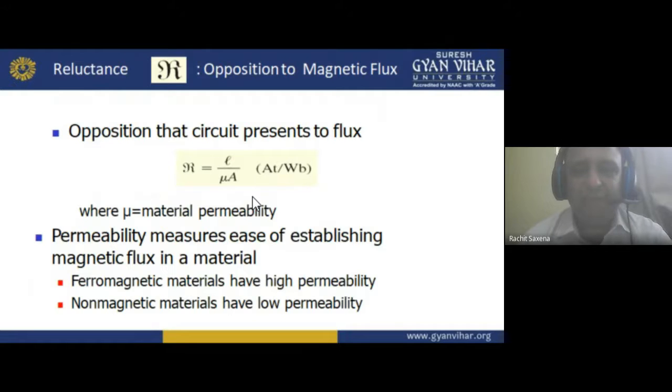Reluctance is a main part of the magnetic field. It is a property of magnetic material which opposes the creation of flux. Now try to understand. Reluctance is similar to resistance. In the electrical field, we have resistance. Resistance basically resists the flow of charges. Resistance is the property of a conductor, we can say. But a resistor